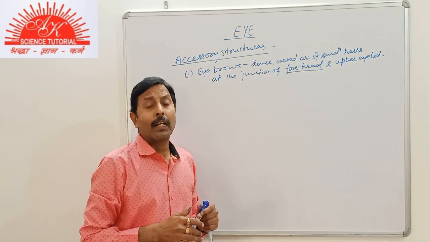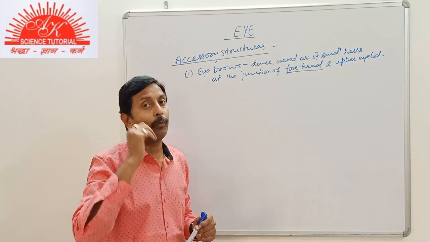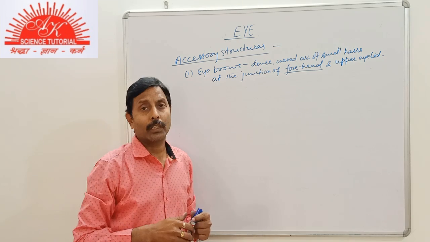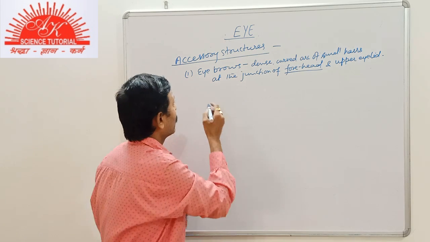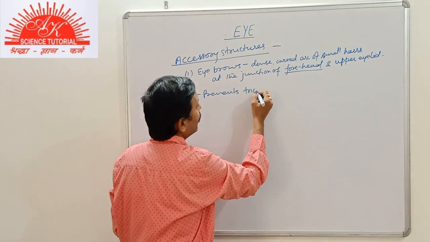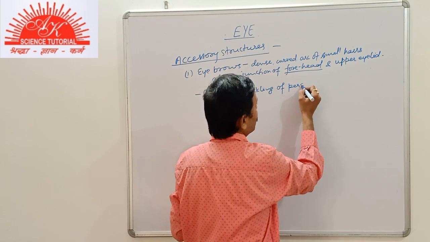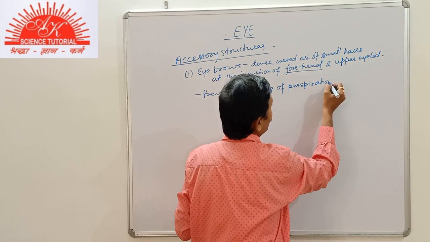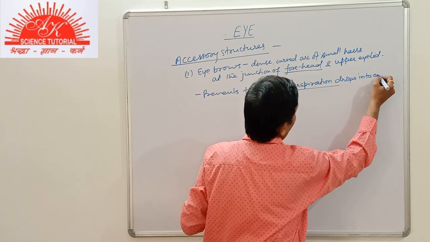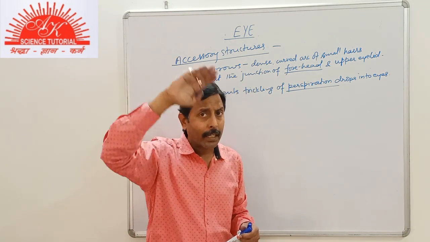It works like the shade of a window. Suppose the eye is the window. Above it there is an elevated, slightly projecting forward structure. So what will be its function? It prevents trickling of perspiration or sweat drops into the eyes. Also we can say it prevents oblique light rays from entering into the eye, but the main function is